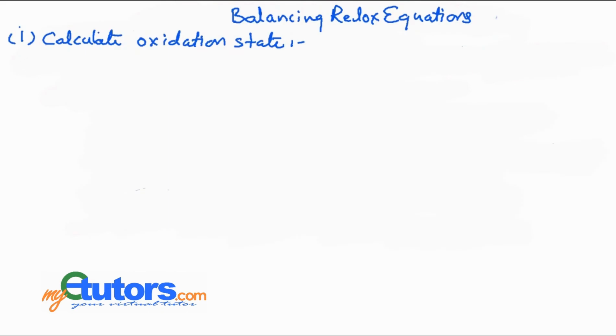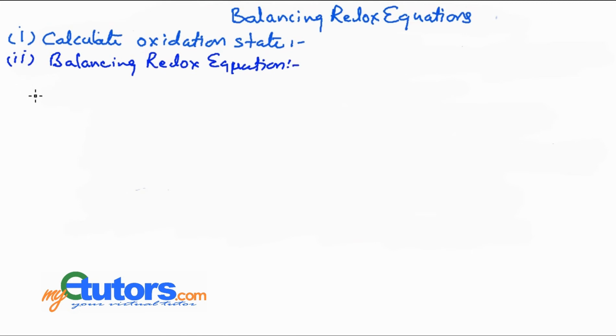So a redox equation is an equation in which an element is getting oxidized or reduced. The oxidation process is associated with loss of electrons or decrease in negative valency or increase in positive valency. Similarly, reduction process is gain of electrons, which would result in increase in negative valency or decrease in positive valency of an element.